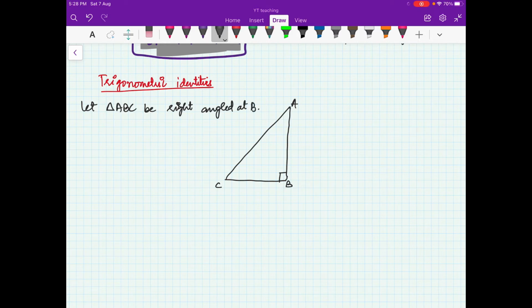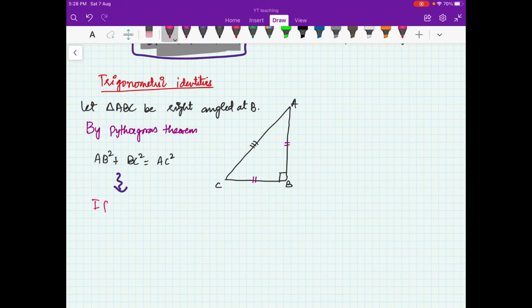Okay, then by Pythagoras theorem, you know that the sum of the squares of these two sides is equal to the square of this third side. So we have AB square plus BC square is equal to AC square, right? So now if I divide